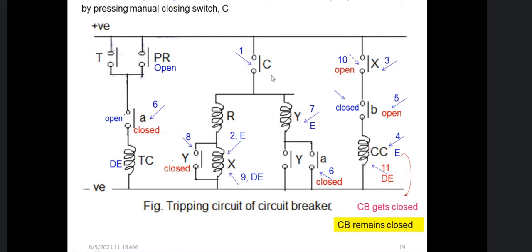Okay, ma'am. Understood? So there is no automatic closing switch for the circuit breaker. But there is an automatic switch for breaking, which means there is a manual control in the closing, right? But for opening, there is a manual control as well as automatic control using the relay. Understood? Now the thing is that, so manual closing.